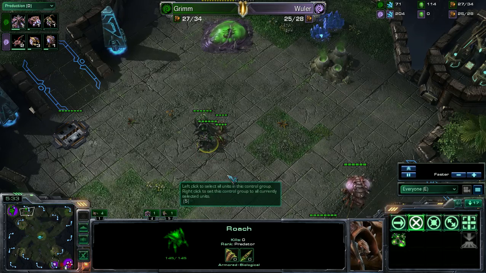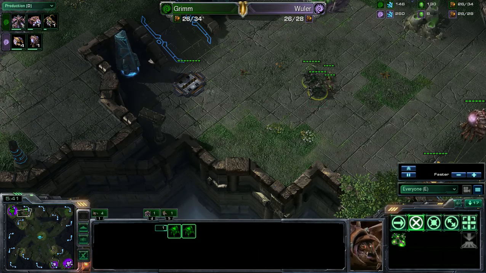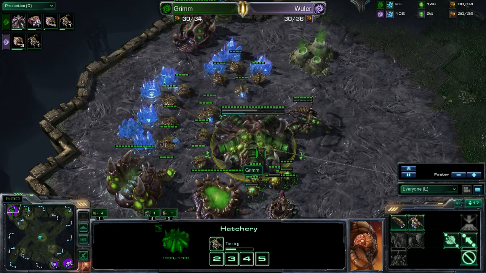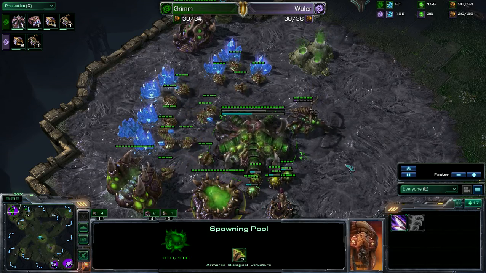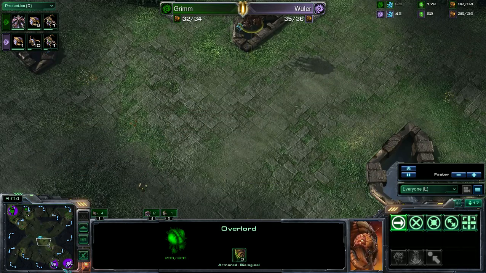But it sees the very important, oh my god, it sees that there are in fact roaches already out for Grimm. That is actually a huge tell of what Grimm is up to. He knows there's not going to be some kind of big baneling aggression incoming anytime in the near future. He also sees that there are only two Zerglings, at least at the front as of right now,